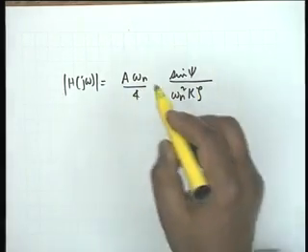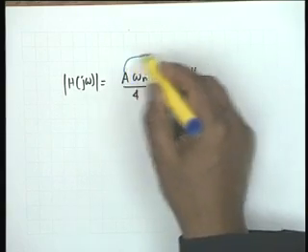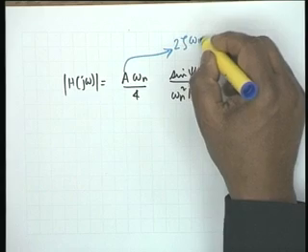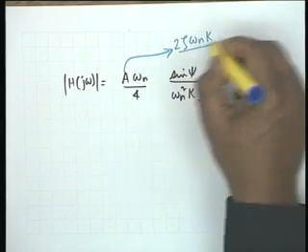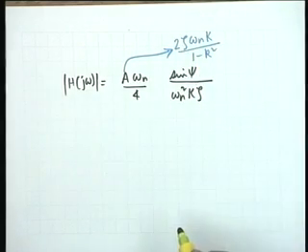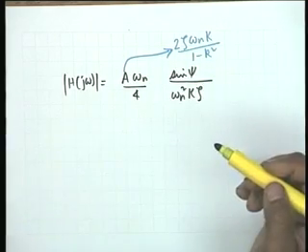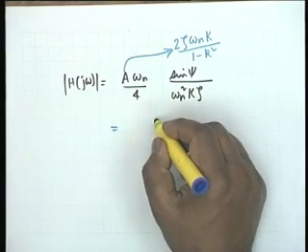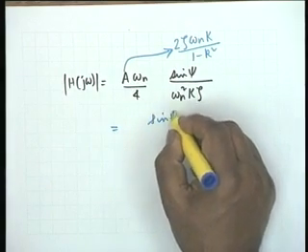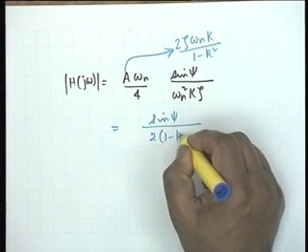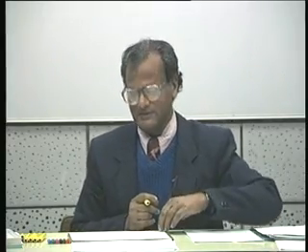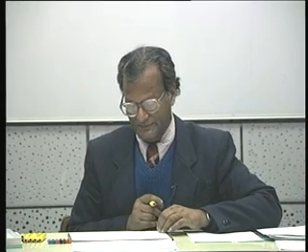If one recalls that capital A is nothing but twice zeta omega n k divided by 1 minus k squared, substitutes this here and makes all the cancellations that are due, then this simplifies to a very simple expression. It simply becomes sin psi divided by 2 times 1 minus k squared. It becomes independent of zeta now. We have of course assumed that zeta squared is much less than 1. It is only dependent on k, and therefore